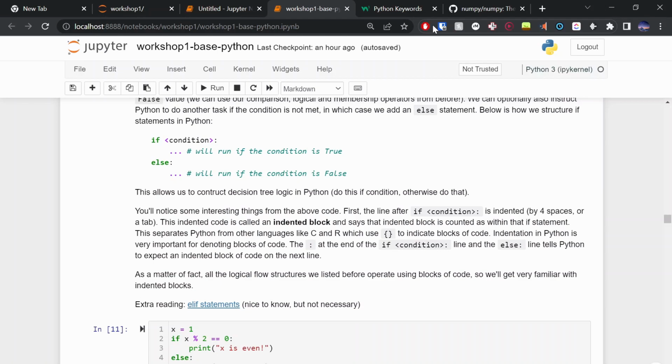Now, you'll also notice the if condition ends with a colon. What that colon tells Python is, hey, there's going to be an indented block in the next line. Just a heads up, indented block next line. Okay? And that's also a good cue for you, that if you see a line ending in a colon, it works with blocks, right? And all of these logical flow things work off blocks. So if we have an if statement, there is code relevant to that if statement. If we have a for loop, there is code relevant to that for loop, and so on. If we have a function, there is code within that function, so we use an indented block. Okay?